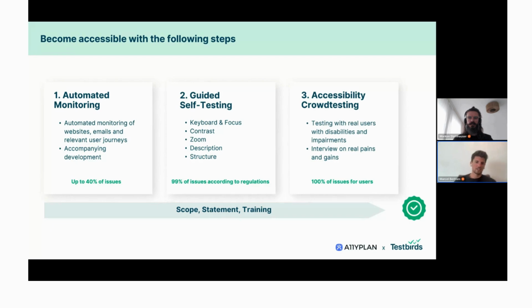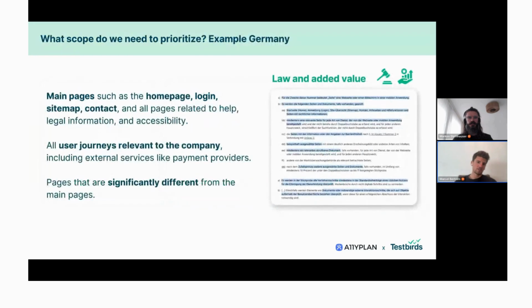But of course, in this order, so we first should check for critical problems before we test with real people with disabilities. And what is covered along this is the scoping and the statement and the reporting, for example. So about the scoping, of course, we cannot test all of our hundreds of different pages, but